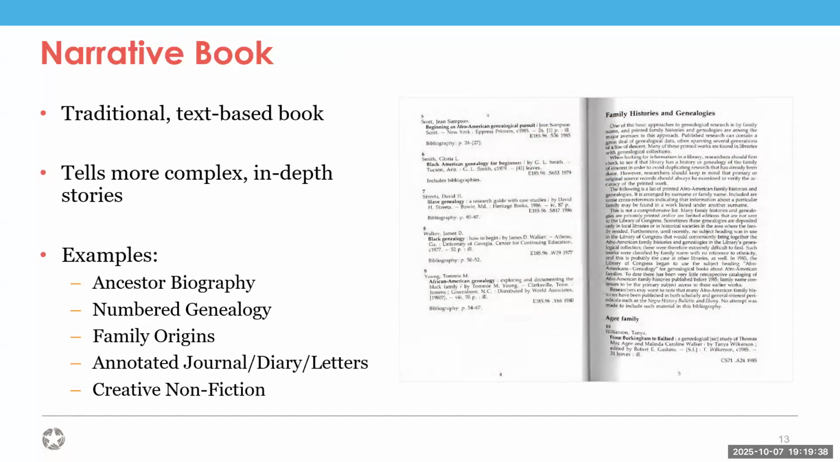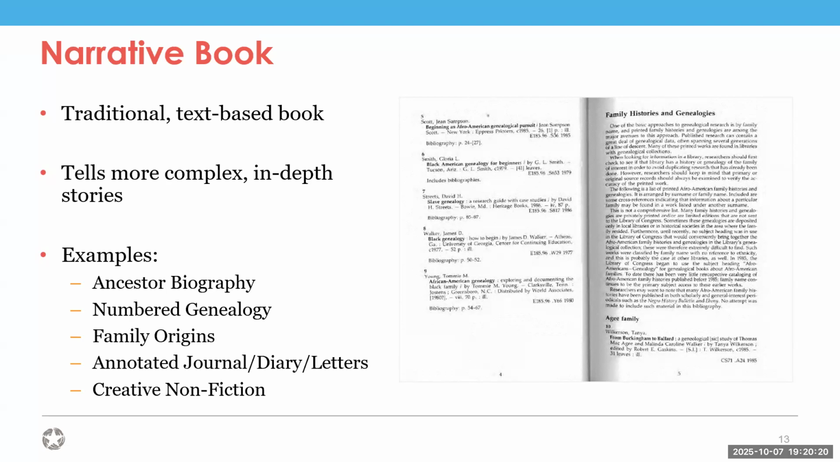Then there's the family origins. Focus on one family, their life, their migration patterns across the country or from one country to another. And then you could also have an annotated journal, diary, or letters where you annotate those. Those have been done. I had an aunt that did something similar to that for her mother's collection, and that was very helpful. It put things in context of where this came from, why these events and these pieces of ephemera were important. It could be transcripts of family documents,